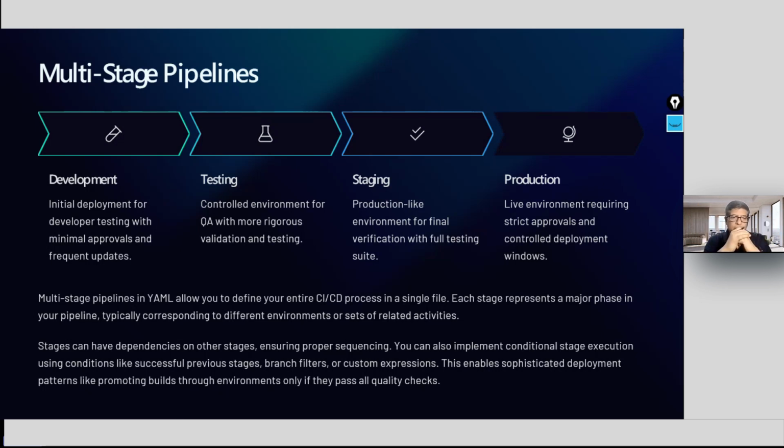You do not have any coding, because you need to know how to deploy, what to deploy, at what conditions to be deployed, with what validation checks need to be deployed to the environment. So one stage can have a dependency on the other stage, ensuring proper sequencing.